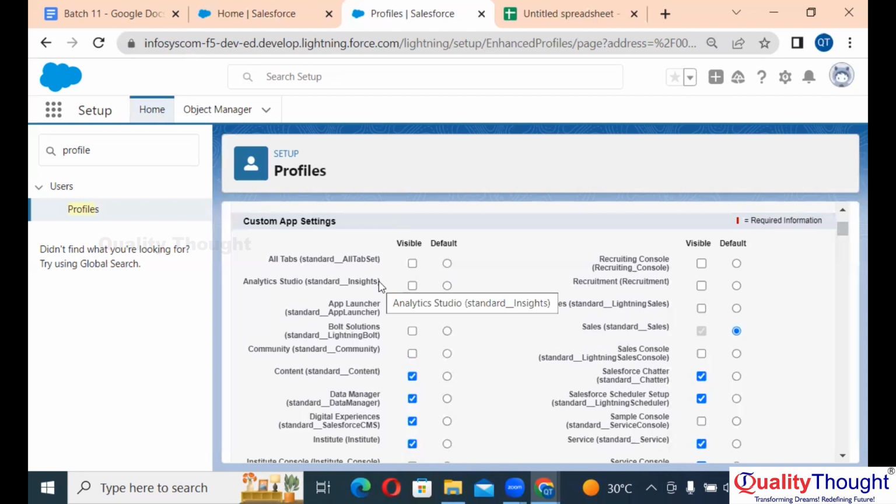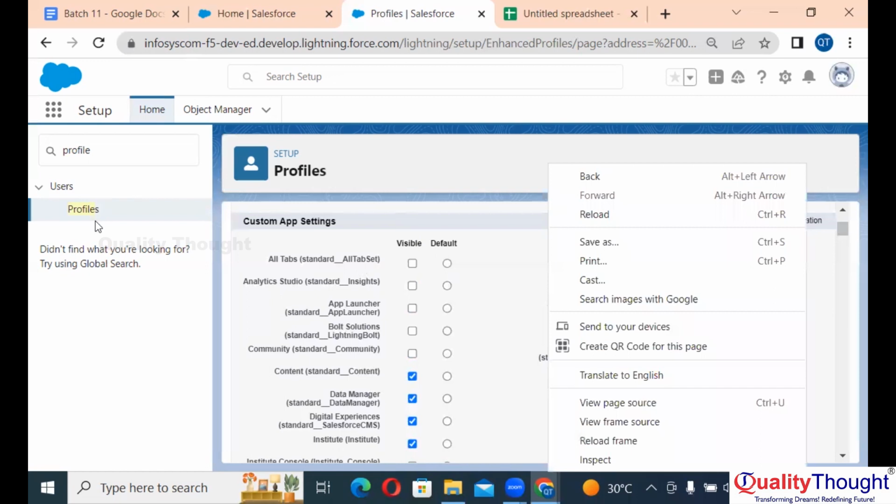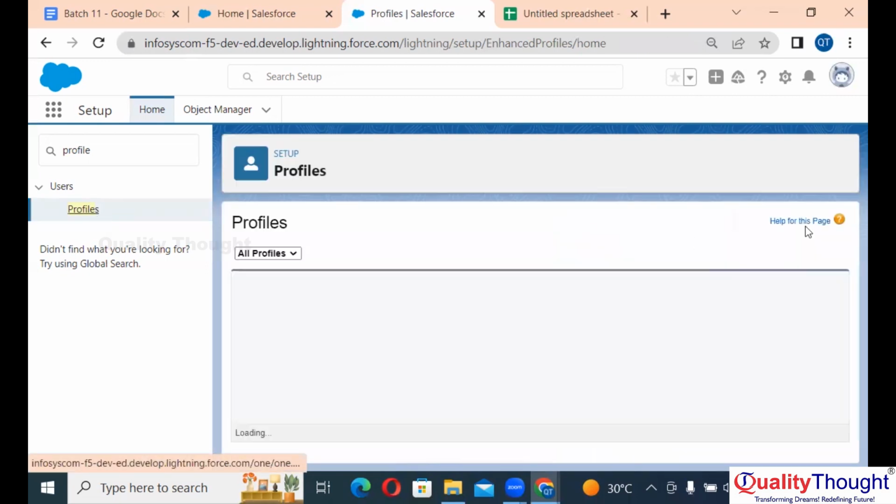Clear? Let's see that here. For example, even if you go to system administrator,